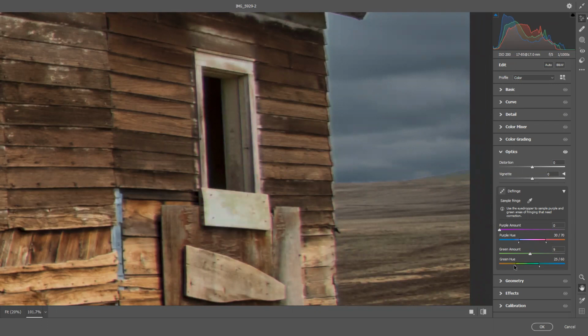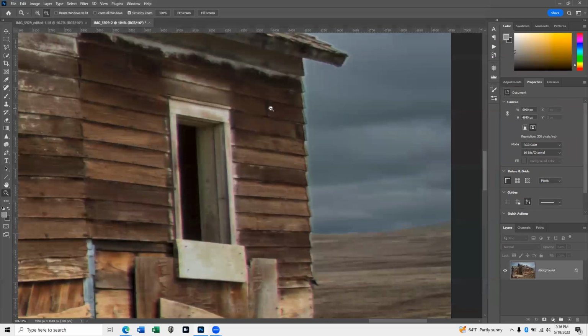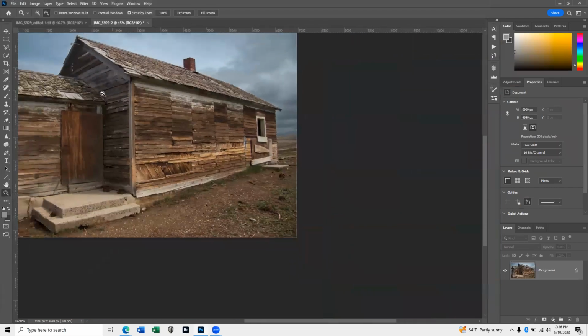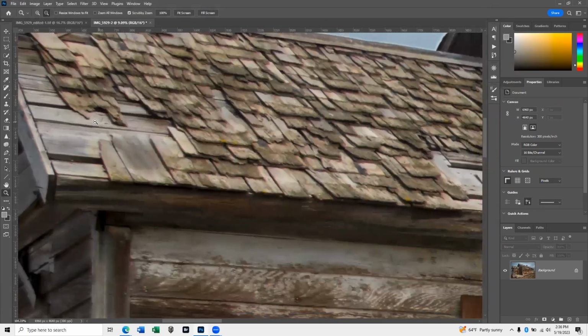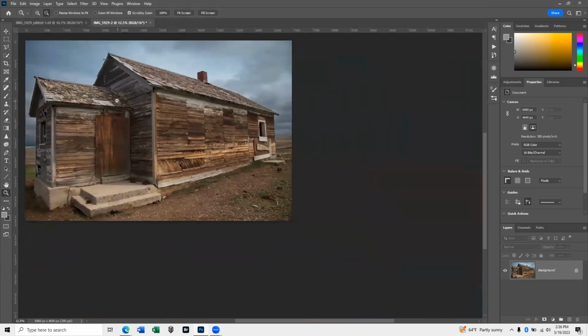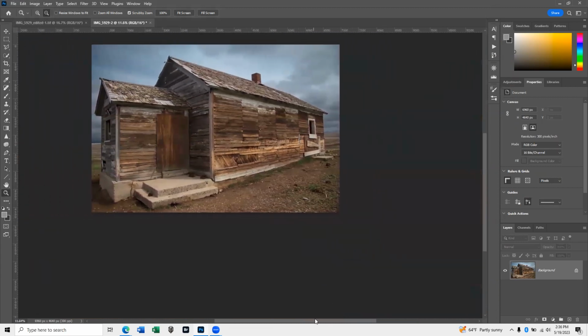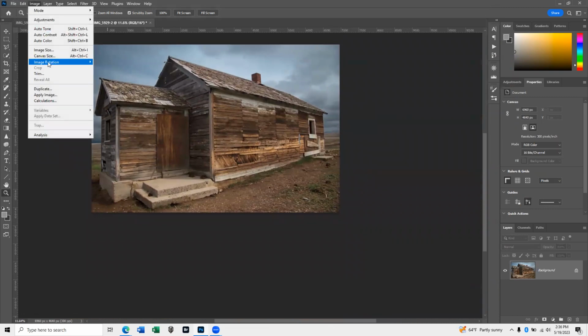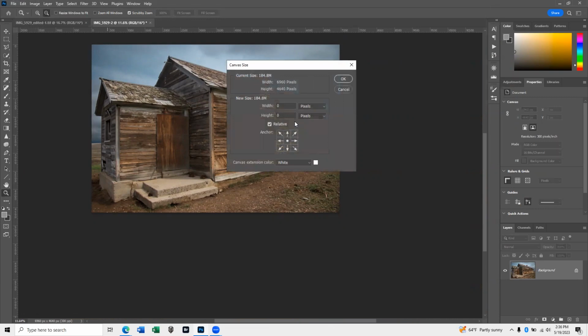Actually, it might work. It did. Okay, I was worried about what might affect other parts of the image, but it didn't. Okay. Now, image, canvas size,